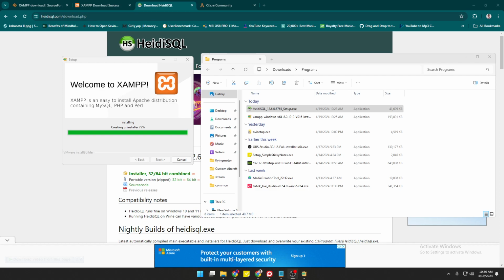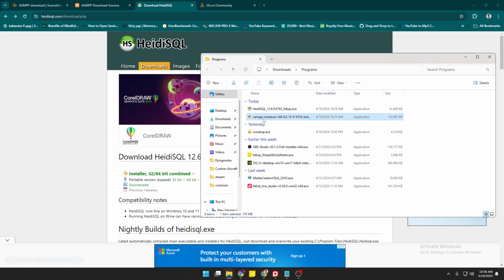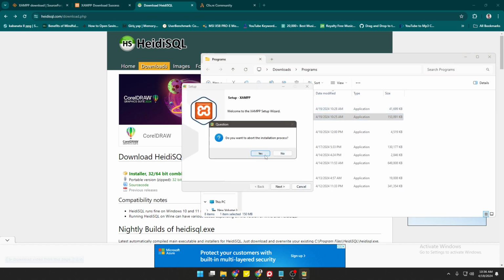It was loaded on my second screen so that you cannot see it. Now that we're finished with this setup, the next thing is